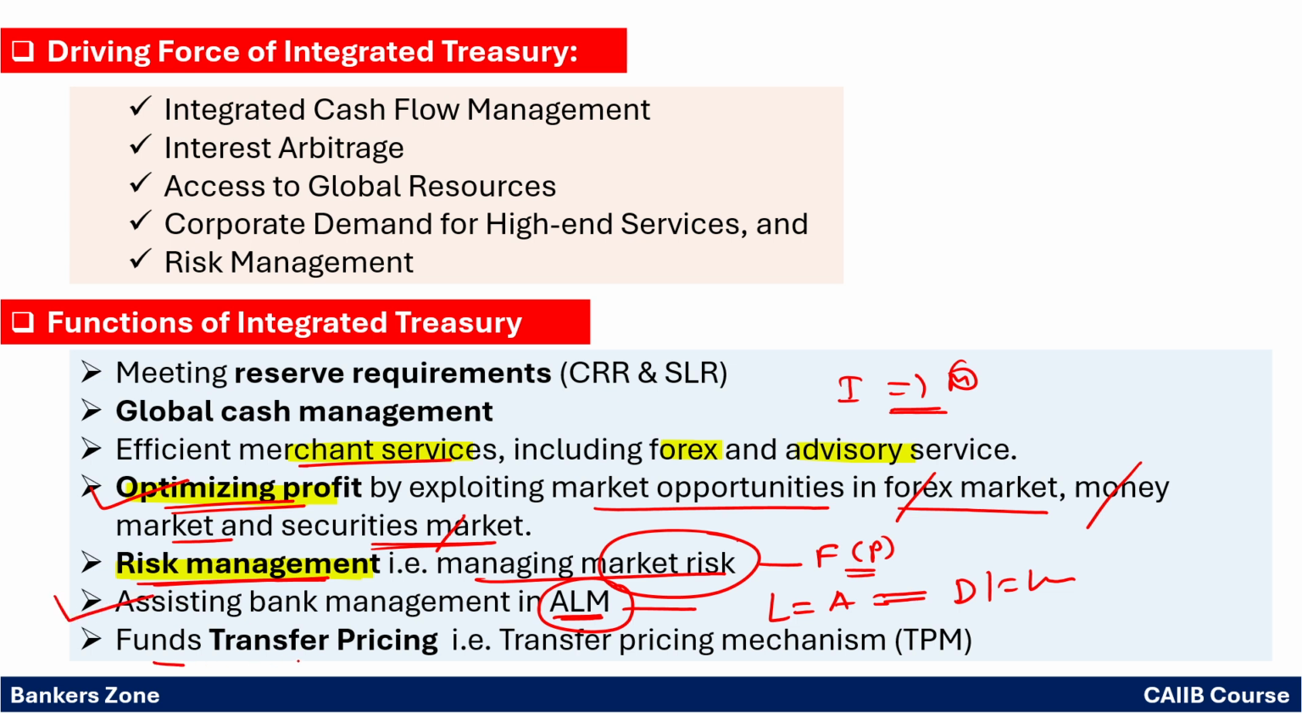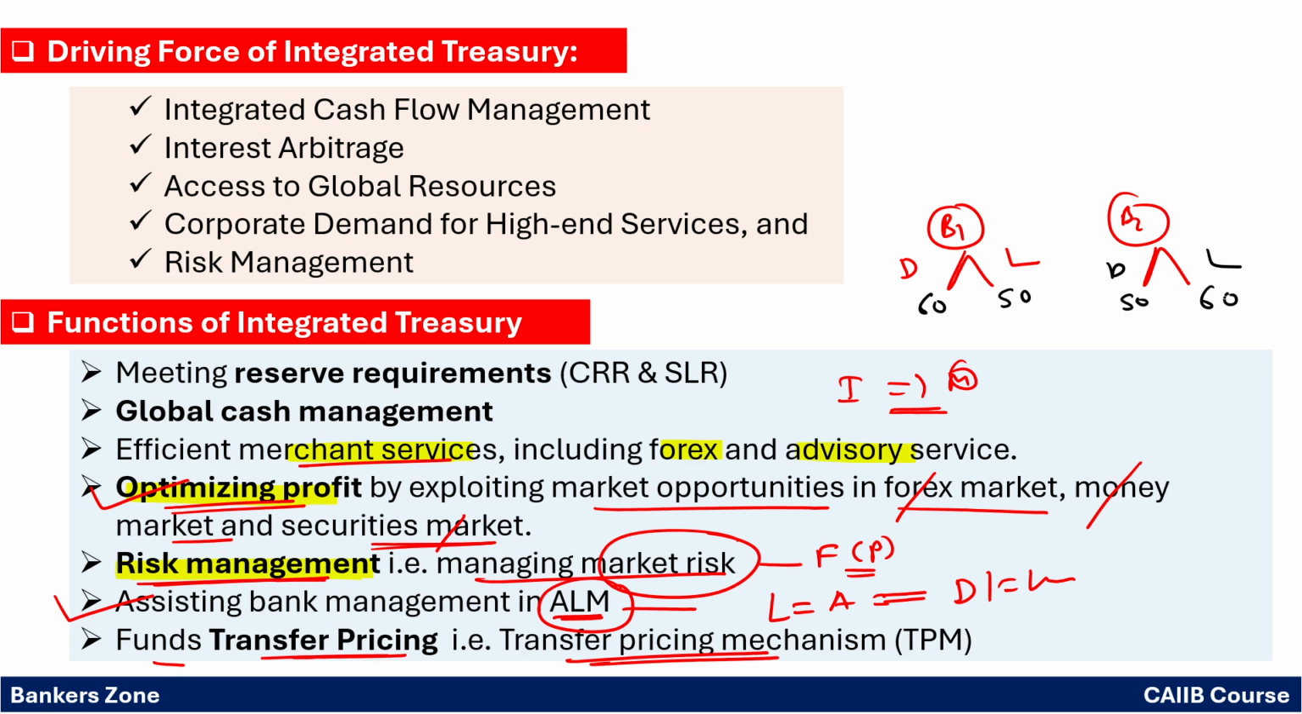Then fund transfer pricing. What is the transfer pricing mechanism? Understand the transfer pricing mechanism. For example, say there are two different branches, B1 and B2. Branch B1 has, suppose, deposits and loans, right? And branch B2 also has deposits and loans. Deposits with branch B1, say 60 crores, and loans they have given 50 crores. However, just vice versa with branch B2, they have deposits of say 50 crores and they have given loans of 60 crores. So there is a mismatch between asset and liability of both the branches,